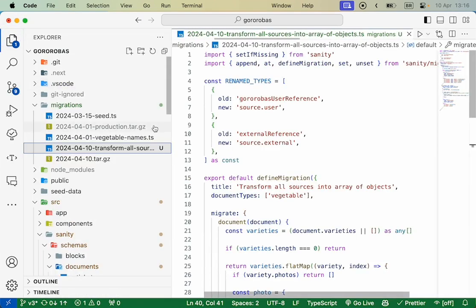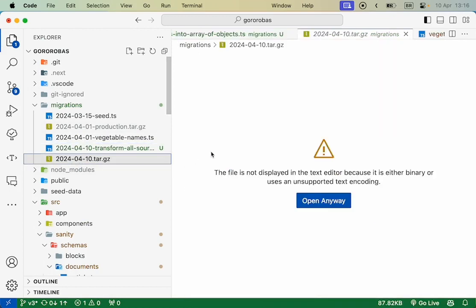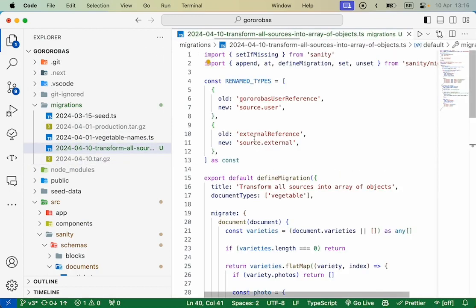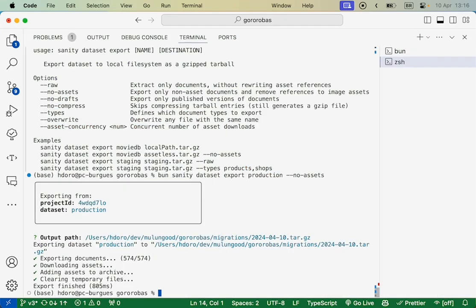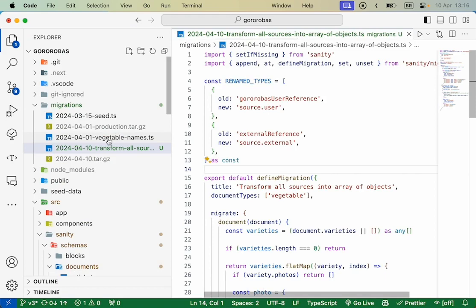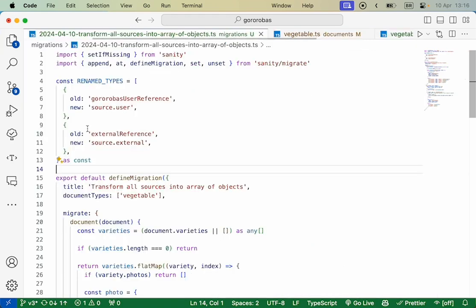There we go. So now I have the store of the entire data set here as something I can re-import back if needed. Hopefully that won't be necessary. Anyways, I skipped assets again just because it would bloat the export. I've done it on April 1st, so I'm fine. And also this migration is not changing any assets, so we're good.